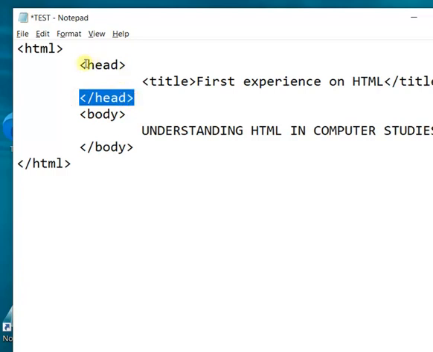That means by use of these tags, it tells the web browser what is to be done and how the content is to be displayed, in which format, in which form. So the web browser understands these commands or tags and accordingly displays the information